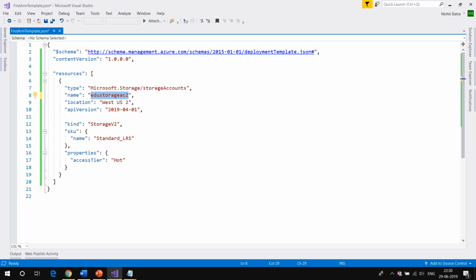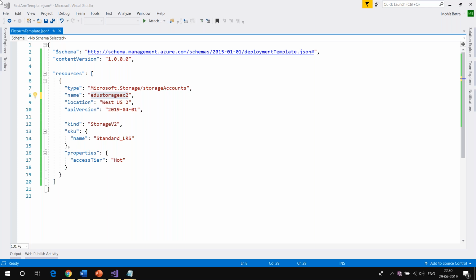Okay, now some of you might think that that's a limitation, right? But whatever we are going to do next, we can actually make this dynamic, which means we are going to provide this value as a parameter. Okay, makes sense, Sagar? And Ashish is asking, we cannot have nested levels in the template, correct?